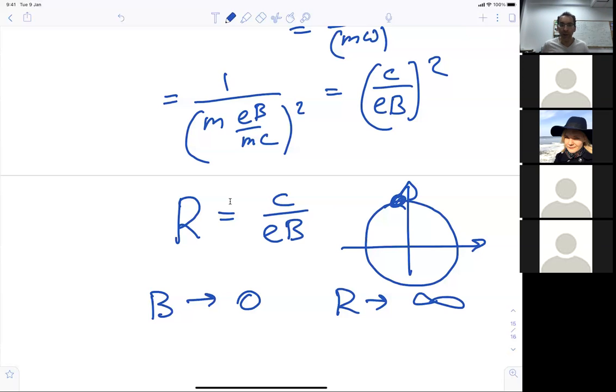What do you mean? Estimate the magnitude of this radius in a real system. You mean for a given magnetic field? What is the typical cyclotron radius? It depends on the field, yeah? What is the